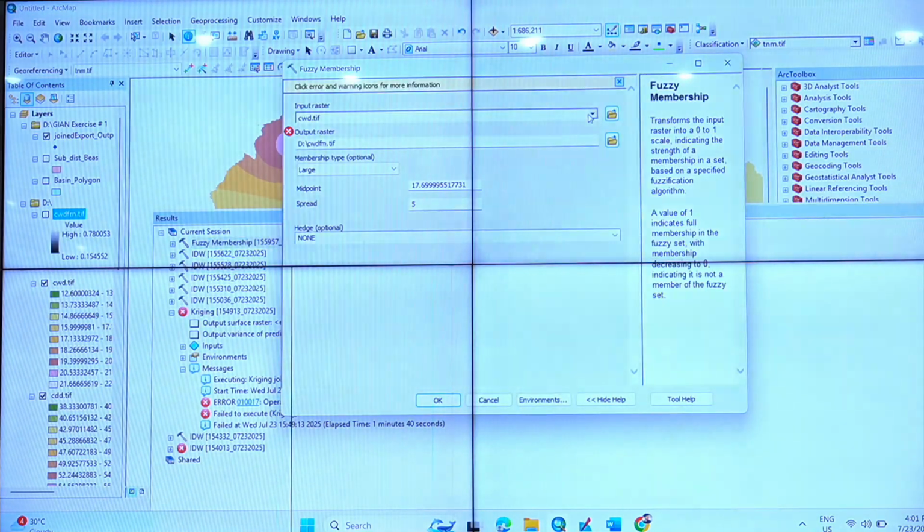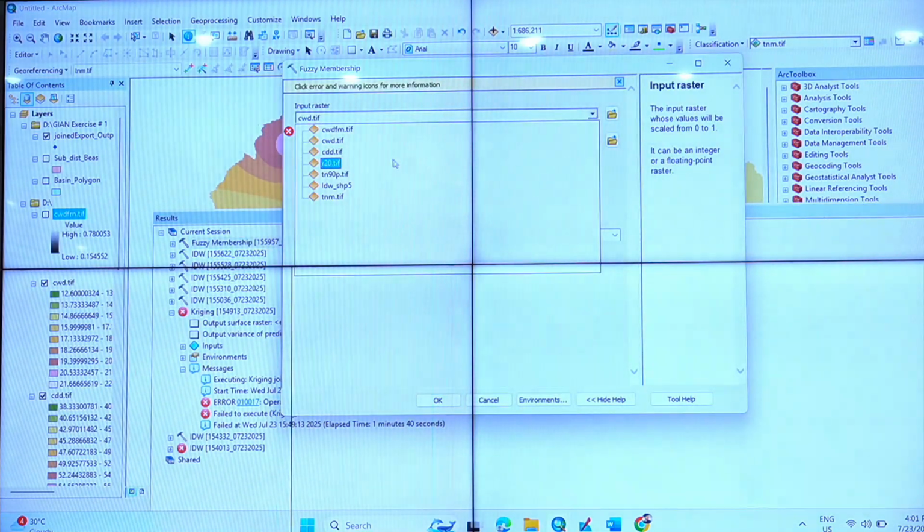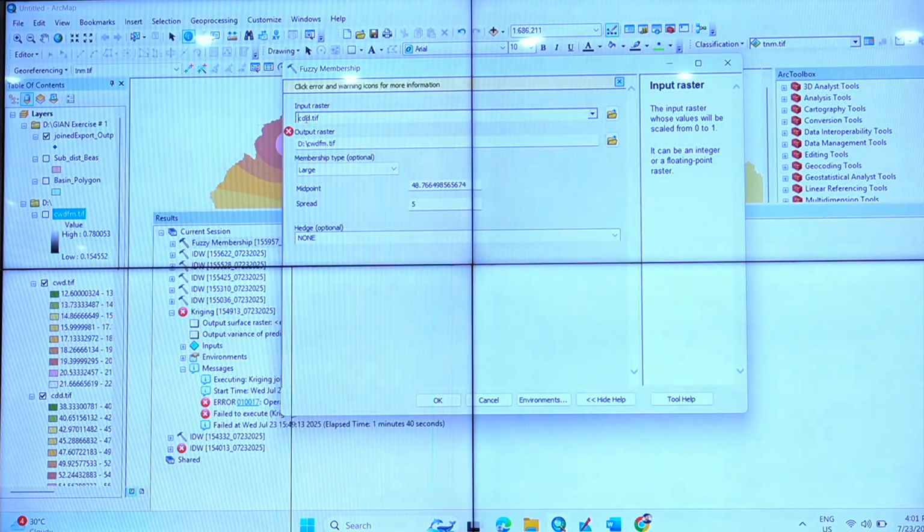Double click; here we take the second one, CDD, and then the input is done, and then here we change the name to CDD, right? Dot tif is already there. Oh sorry, FM, yes, very true.